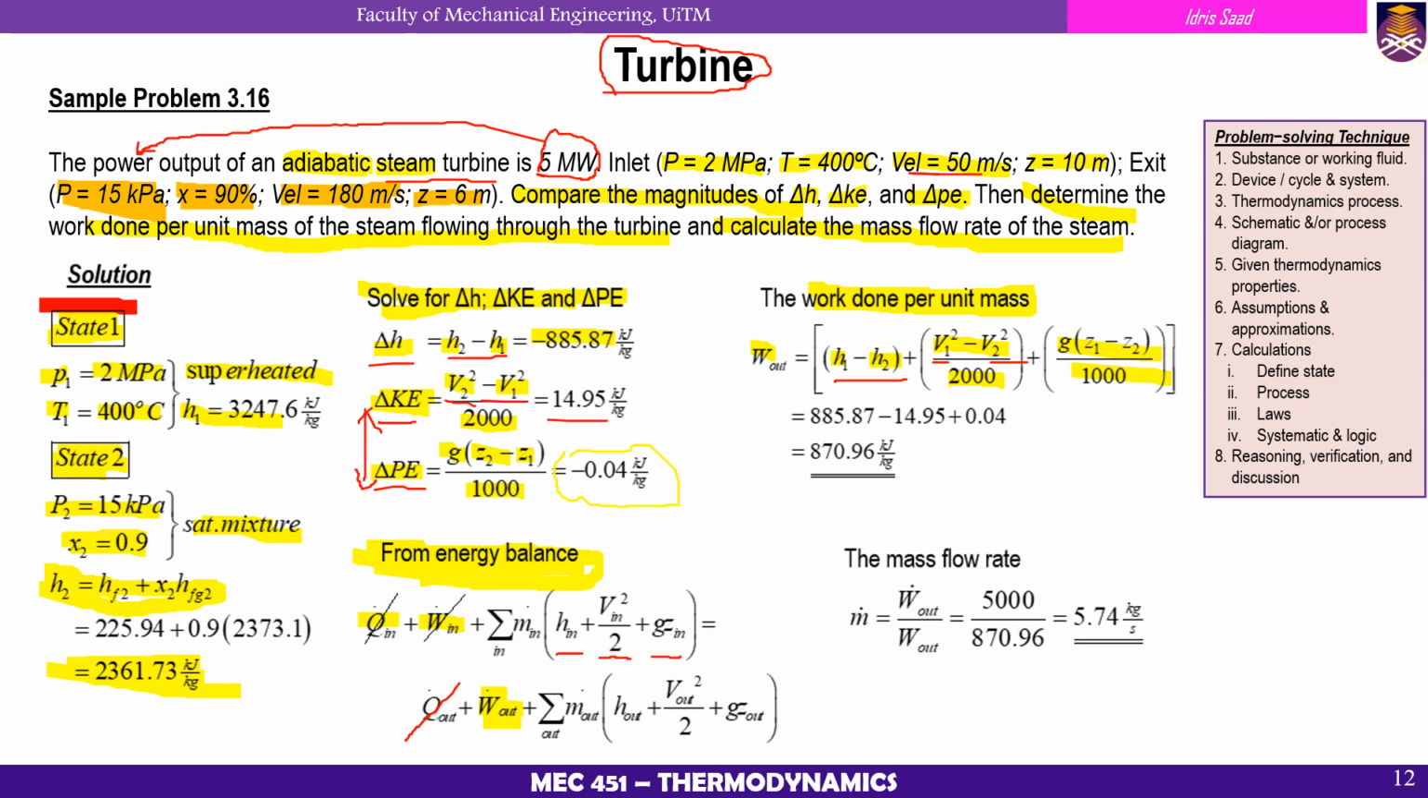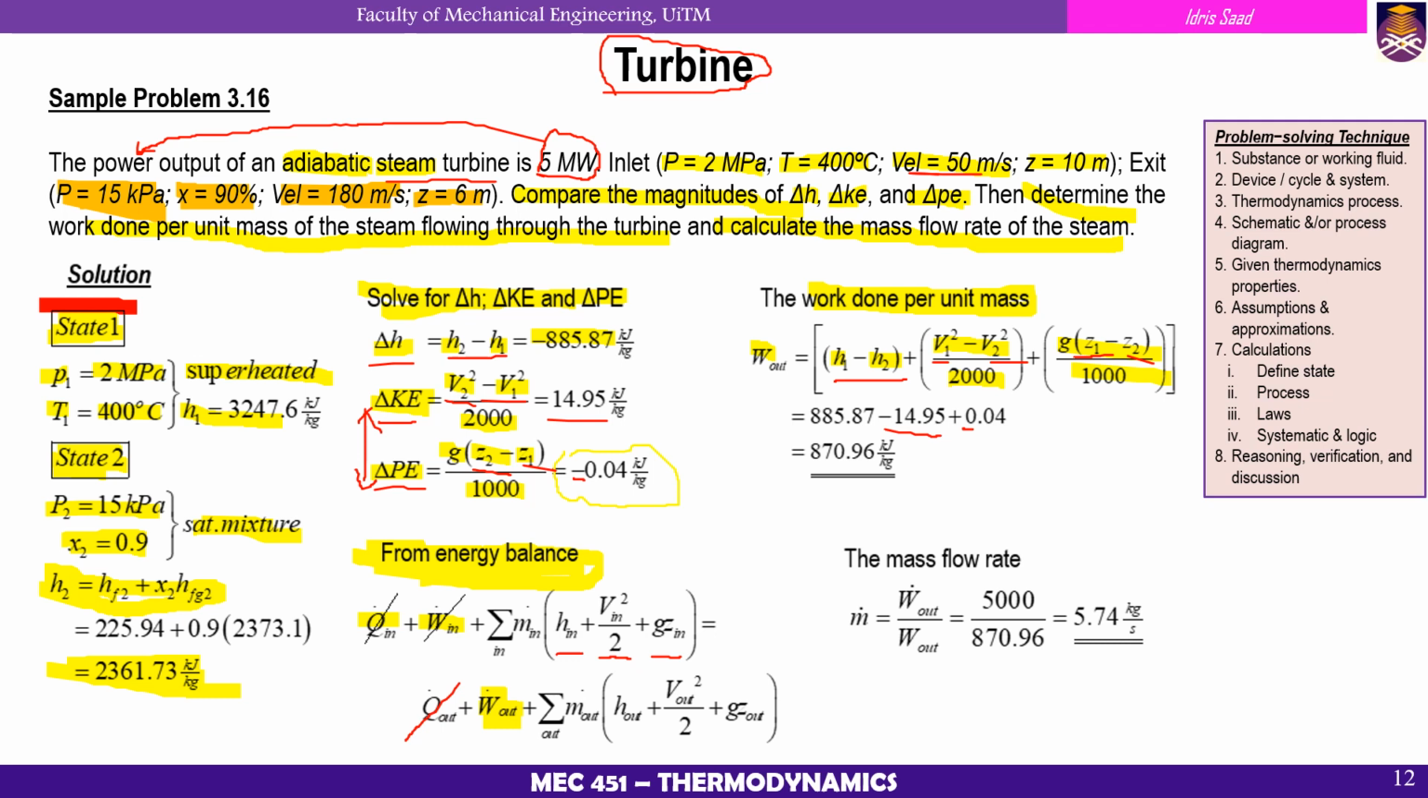So this is positive 14.95. When it is V1 minus V2, it becomes negative. For the potential energy in this equation, Z1 minus Z2, we have here Z2 minus Z1 in terms of negative, so the value must be positive. When we add up everything, the kinetic, the potential, as well as the change of enthalpy,